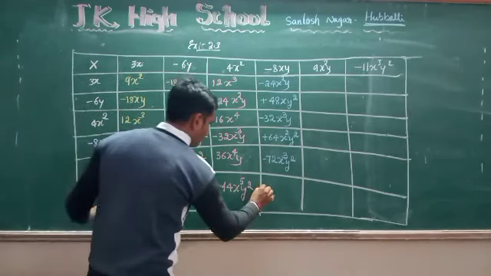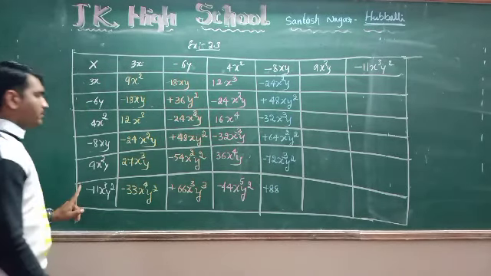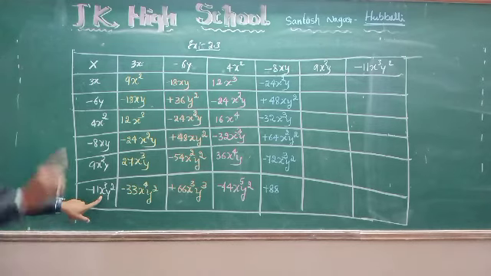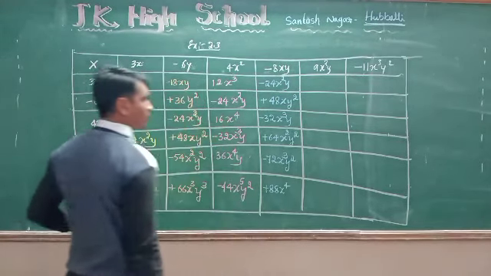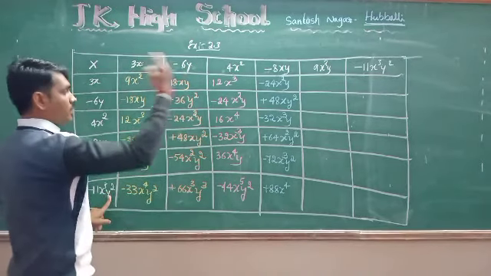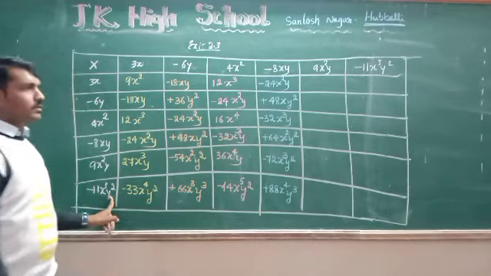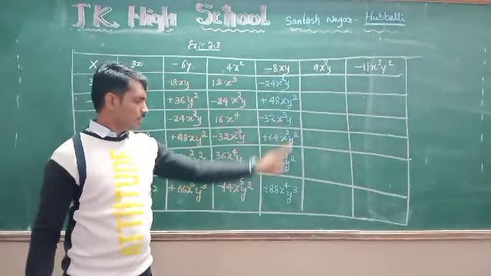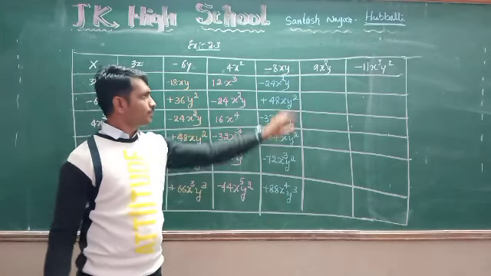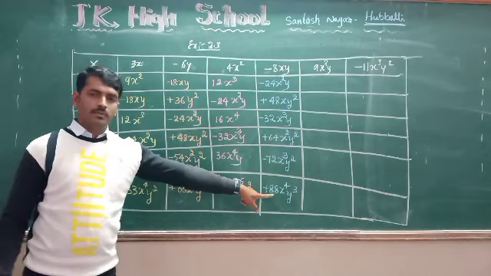11 8s are plus 88 because minus into minus. x to the power 3 and here x is there. What will become? x to the power 4 will become, y square and y is nothing but y to the power 3. Correct? Yes. x cube into x to the power 4, y into y square, y to the power 3.